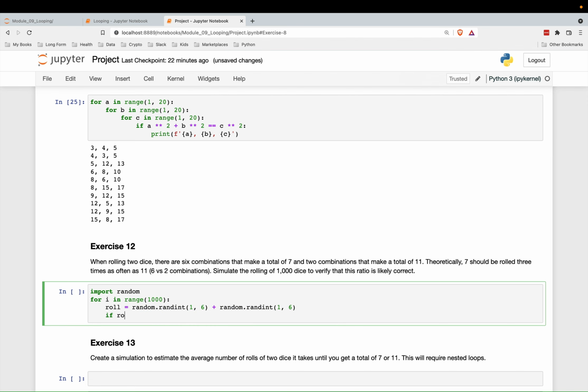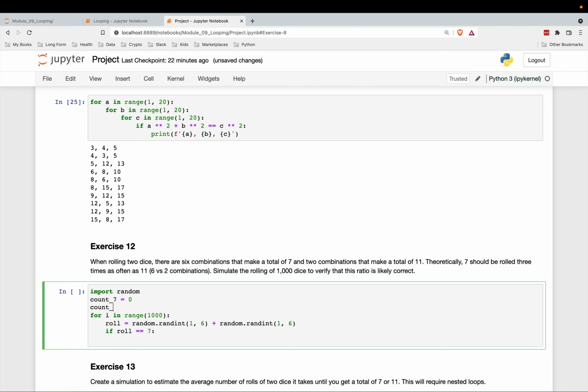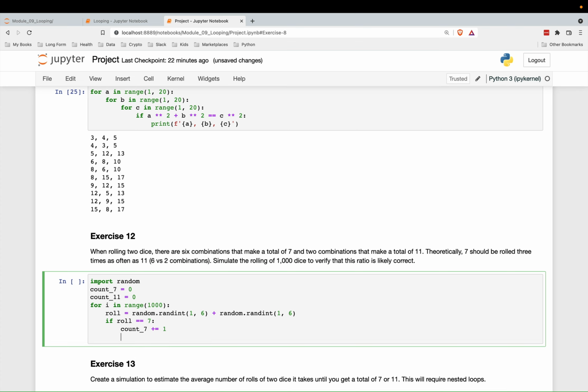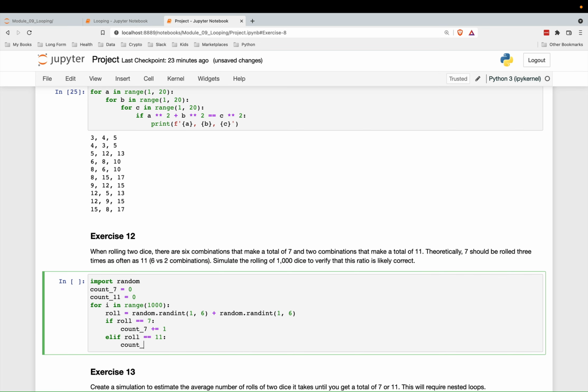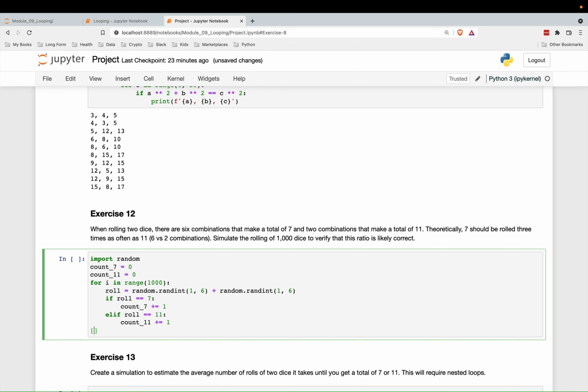And if the roll equals 7, then we have to keep track of this. So we'll say count of 7s is 0. Count of 11s is also 0. So if the roll is 7, we're going to increment the count by 1. Otherwise, if the roll is 11, we will increment count 11 by 1. And then we don't have to have an else, nothing else will happen. We're not going to do anything else. And then at the very end,